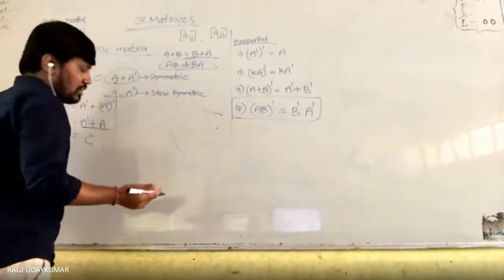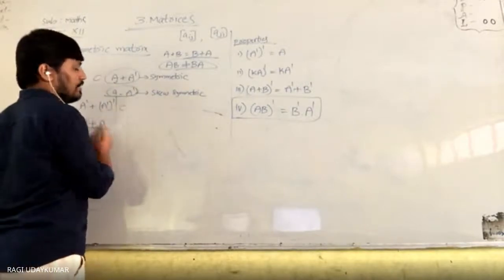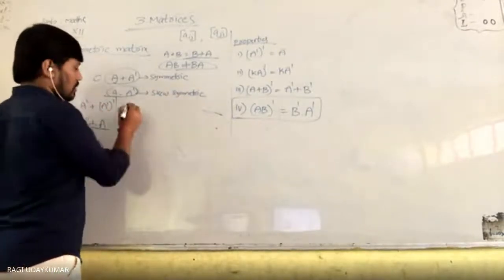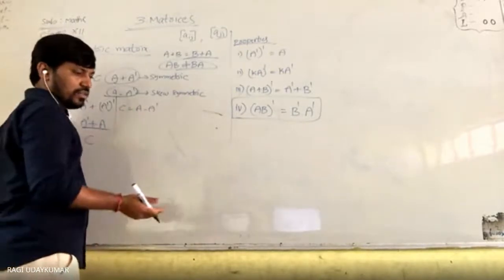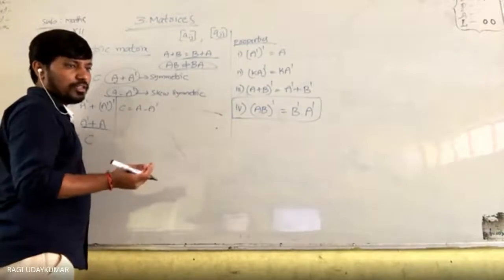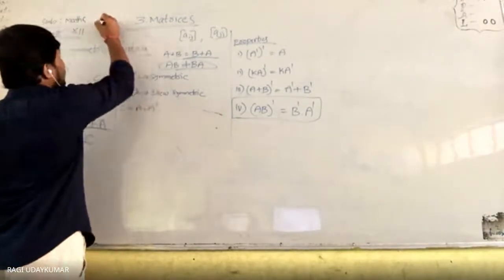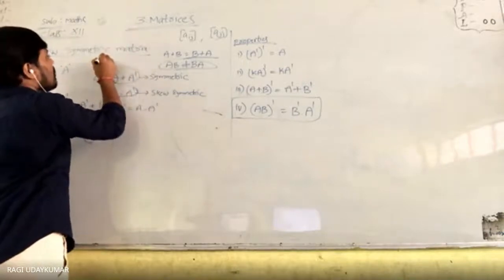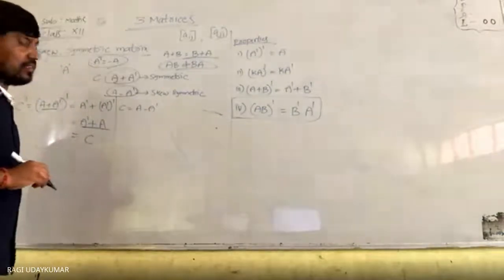Skew symmetric matrix is nothing but ये skew symmetric matrix बोलते हैं. That means C. You consider this as a C. C is equals to A minus A transpose. Skew symmetric is nothing but transpose of the matrix should be equals to minus A. A transpose is equals to minus A means A is called as a skew symmetric matrix. So